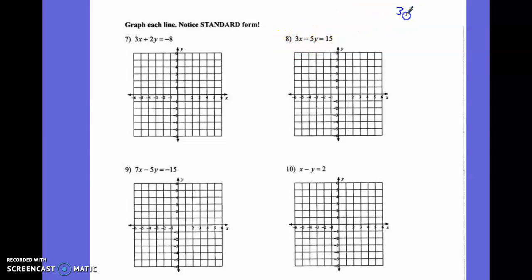So we have 3x minus 5y equals 15. And then I need to solve for y, so I'm going to subtract 3x from both sides. Rewrite it as -5y equals negative 3x plus 15. That's a plus 15 because that's positive. And then I'm going to divide by negative 5,